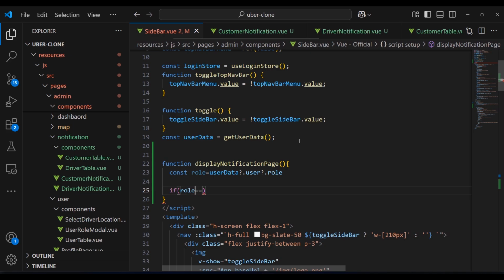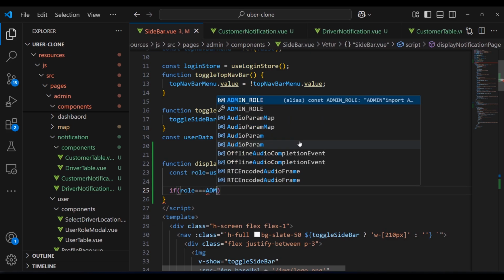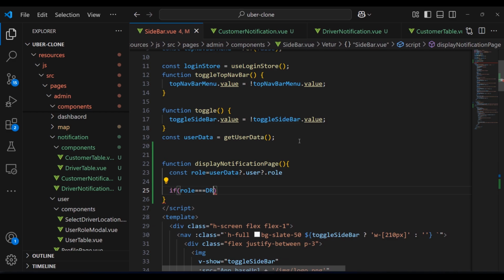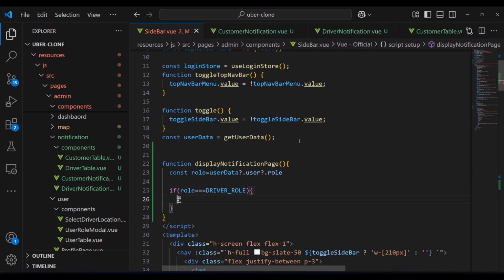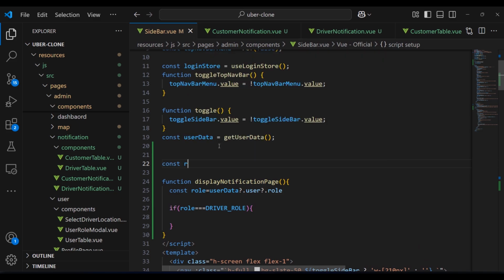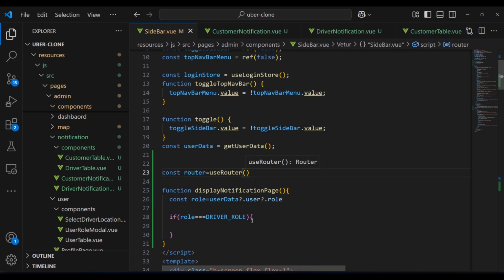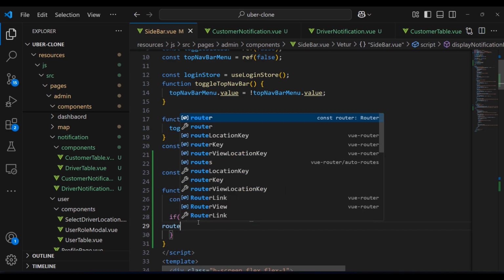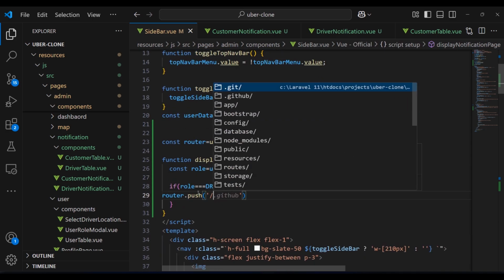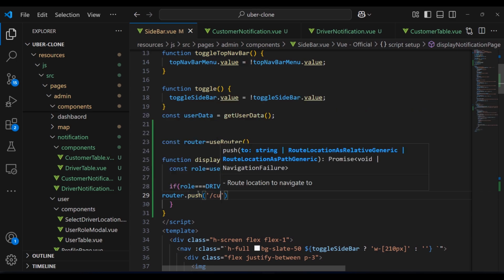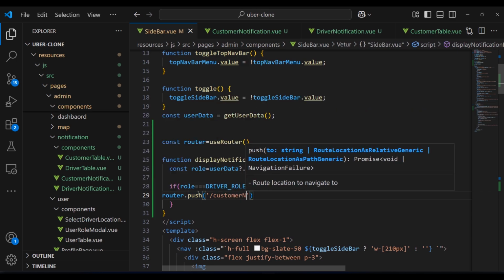We're gonna make a check if role is equal to admin or is equal to driver, and then in here we're going to import the router, and then use router. And then here we're gonna do router.push, and then we're going to move to the customer notification, a customer notification,